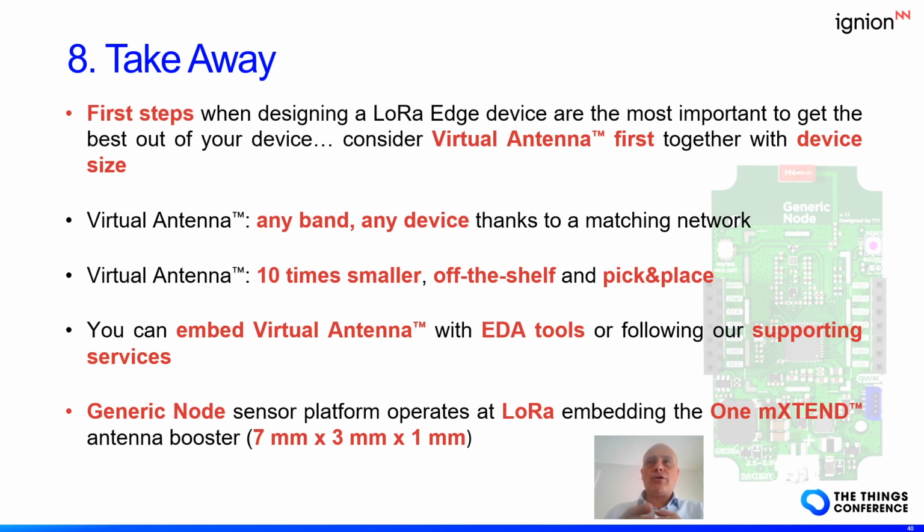And last, we saw that this smart generic node sensor has the virtual antenna on it. It's a very small component, and the generic node itself is very small in size, very suitable for any kind of IoT application, and you can easily adapt your hardware and software to your needs, thanks to this open concept of the generic node developed by the Things